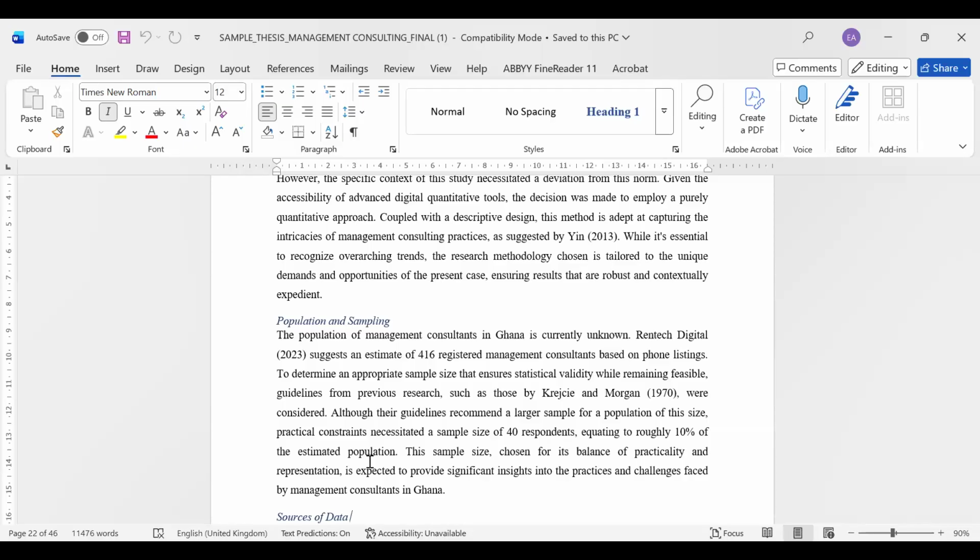The idea behind the point of saturation is that you collect the data until the data starts to look the same or starts to repeat itself. So let's say that I have determined informally that I need 40 sex workers to interview for my qualitative study. After I talk to the 10th person, I realize that the information she's giving me is the same as the information the 11th person is giving me. 12th person, same information. 13th person, 14th person. By the time I get to the 15th person, if that person also gives me the same exact information that the last 5 people have given me,